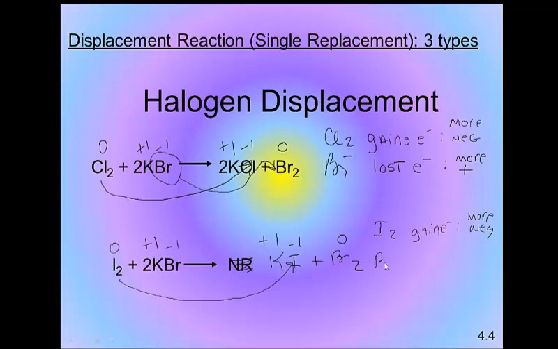And the bromine ion in the compound is losing electrons. It is becoming more positive, and your theory would be right except for the activity series for halogens,